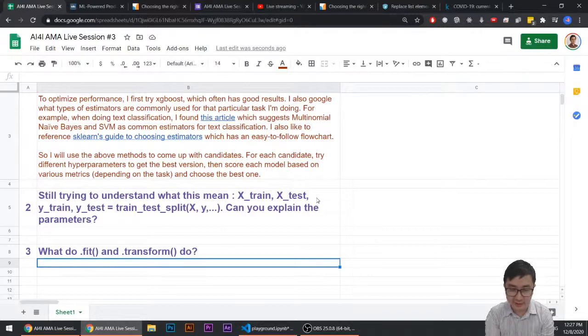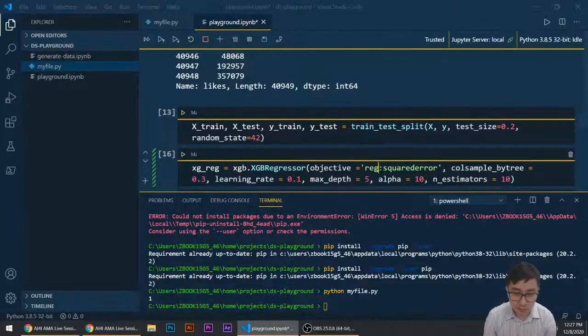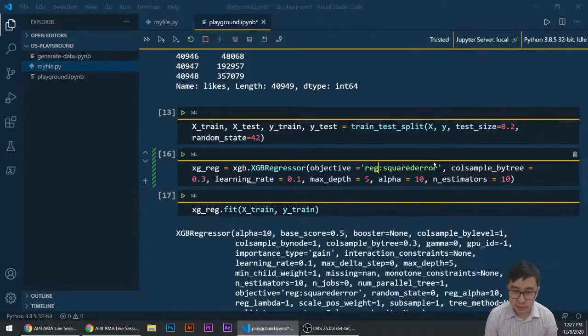Fit is the process of training. It is the entire process of training. It is within this one function, .fit, the actual training. So what normally happens here, I have a sample actual